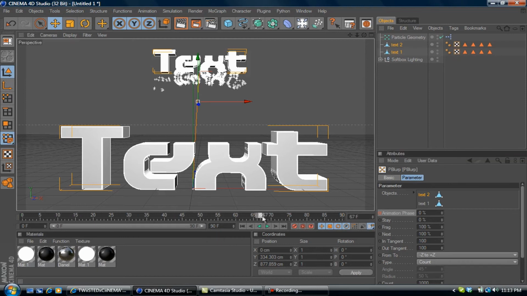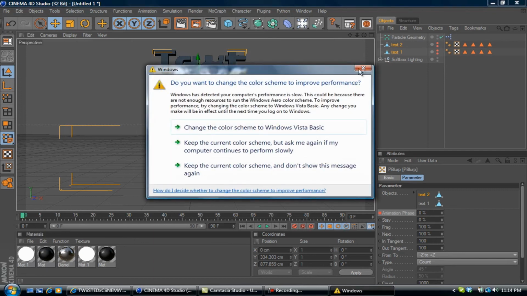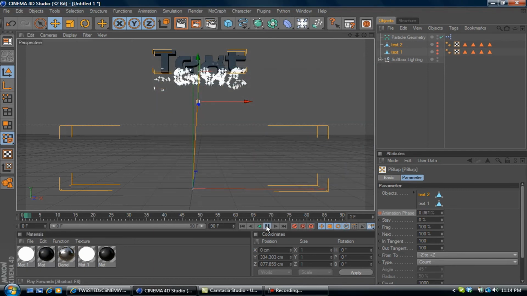Drag your timeline out to around wherever you want. I'm going to make mine 70 frames. I'm going to change the animation phase to 100%. Go into the little box, Control and click, and it sets another keyframe. And you go up to your text objects, and these little circles, double click each one till they're red. Okay, now if you go back to 0 on your timeline and press play,